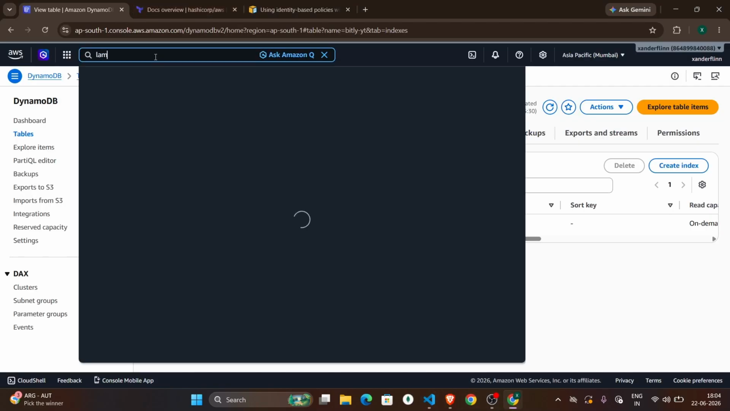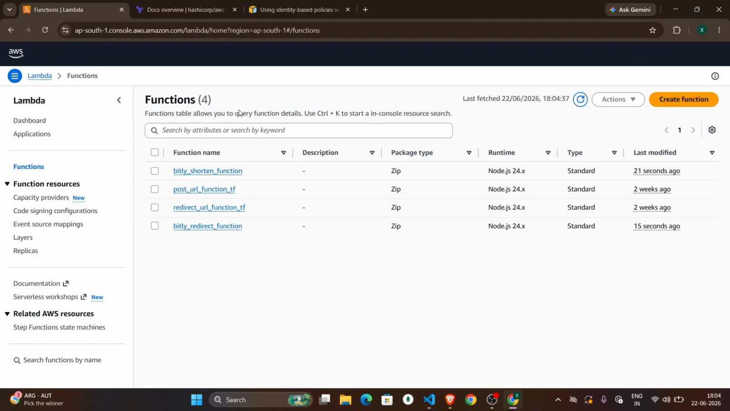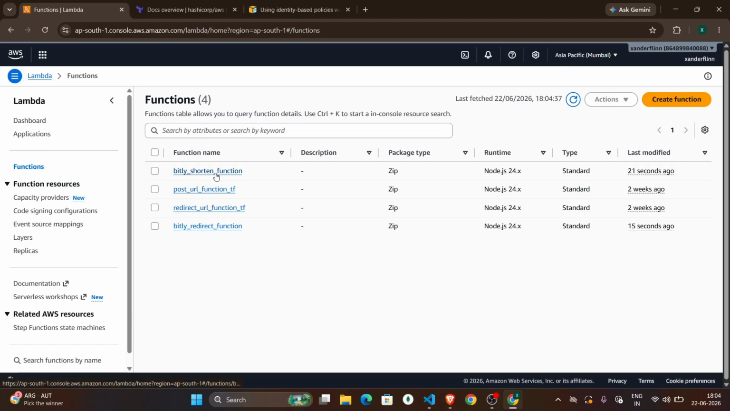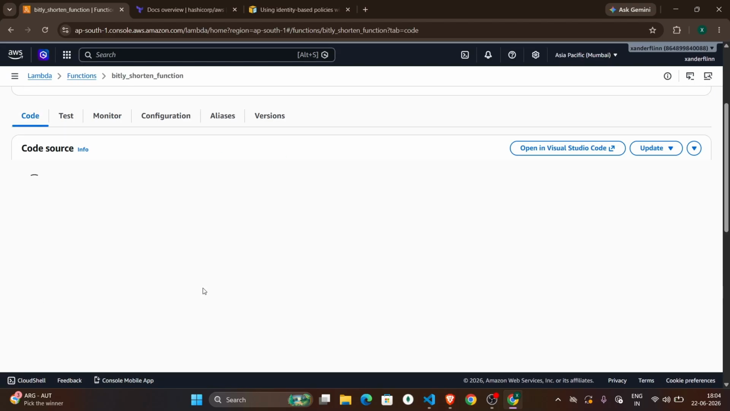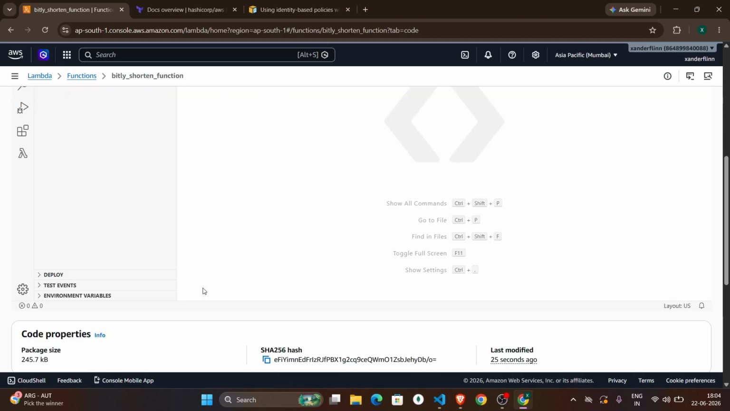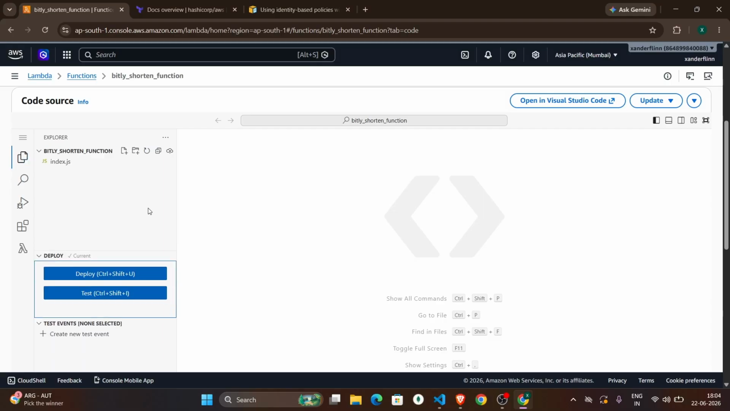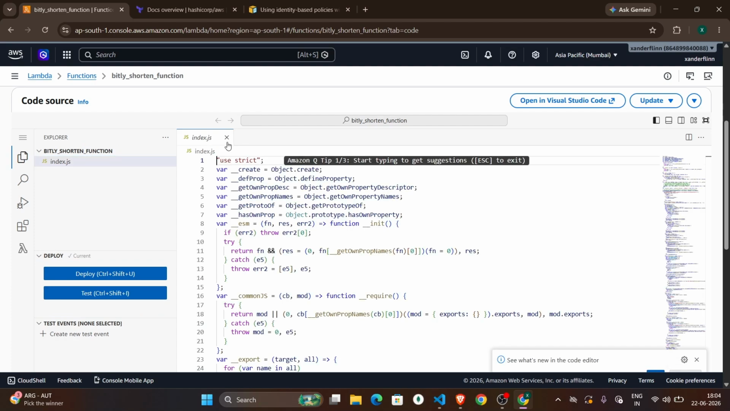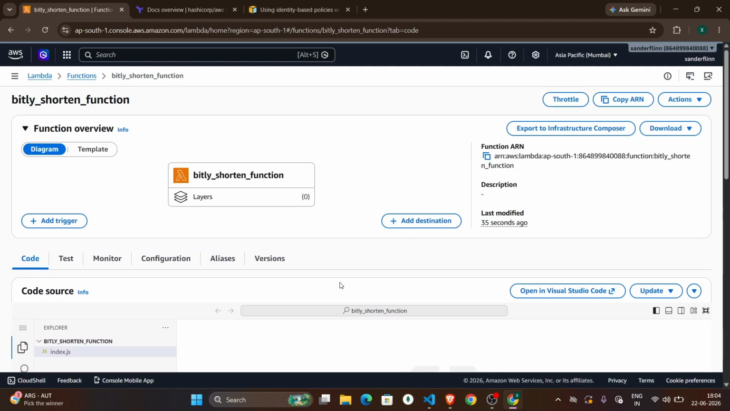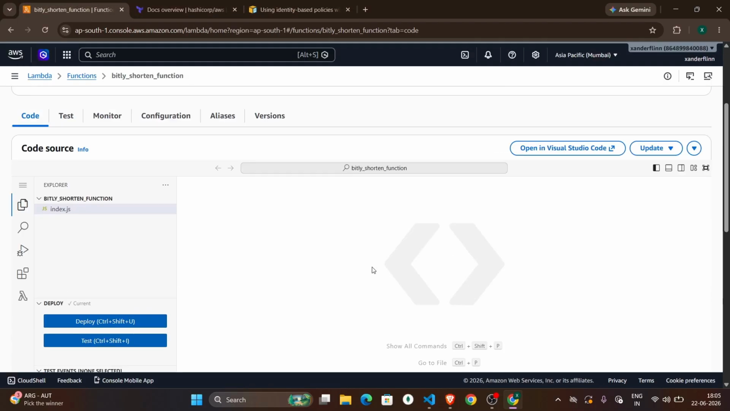Now go to the Lambda. You can see there are 4 functions. Go to the shorten one. See the code source. There will be one index.js file, as you can see. So everything is correct. Now let's test this function